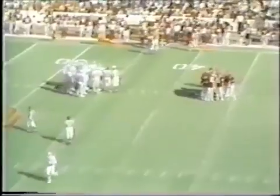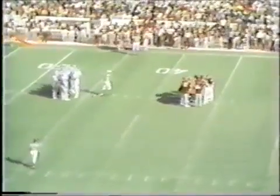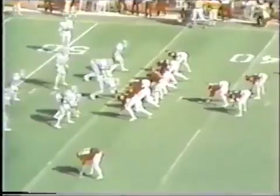Rhymes returned a kickoff 100 yards earlier for a touchdown. I thought he might break that one, but the Carolina safety men played it very well. He broke through the front line, but the two safety men closed on him quickly. Butch Griffin made the saving tackle, first down at the 45. Outstanding